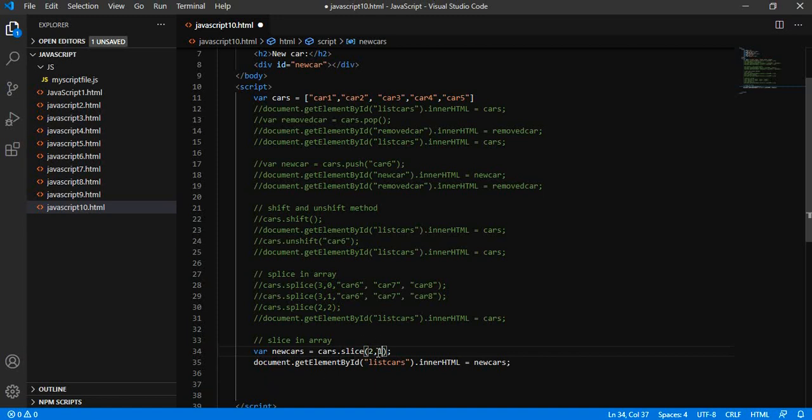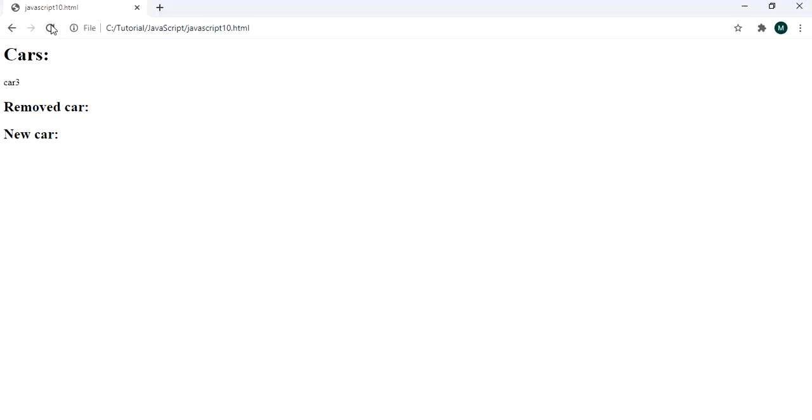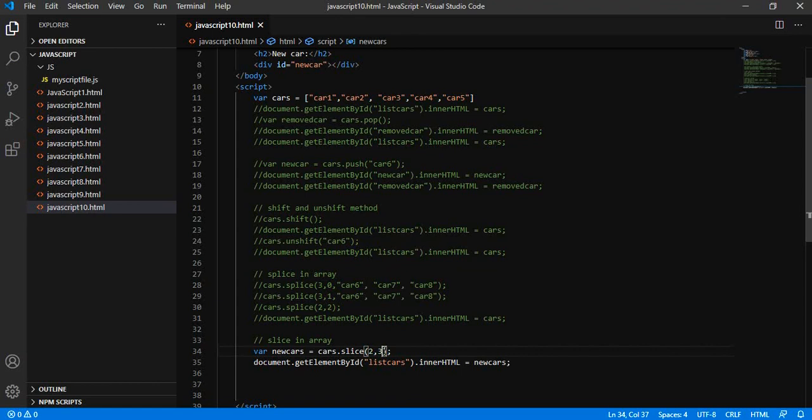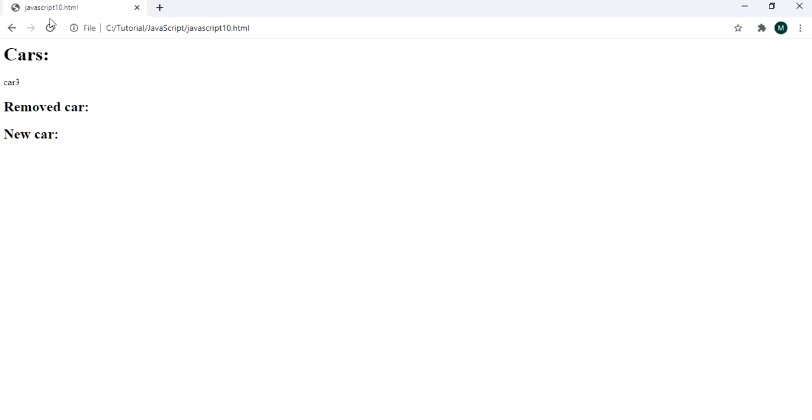So if we define here 3, then it has printed 3. If I give, let's say, a random number 5, it has taken out 3, 4, 5.